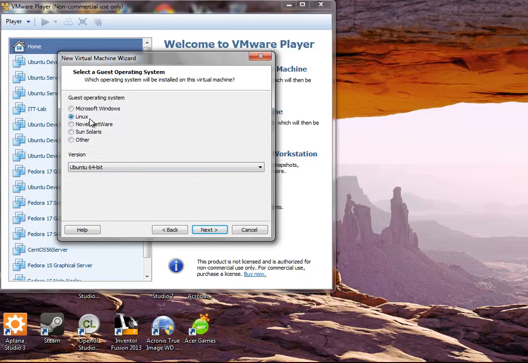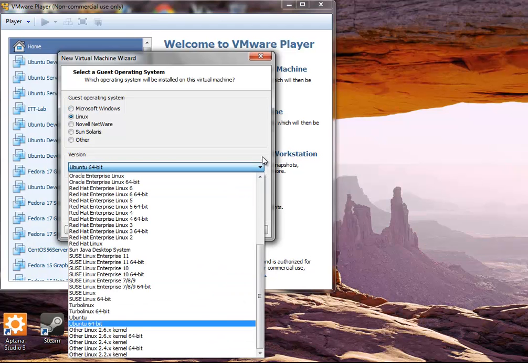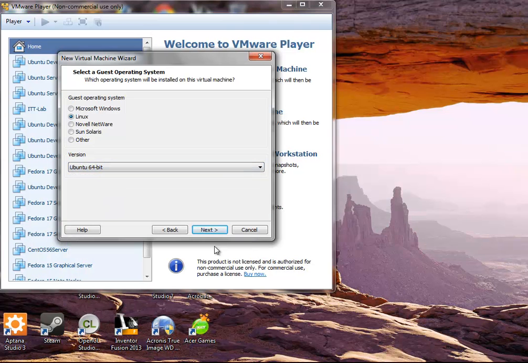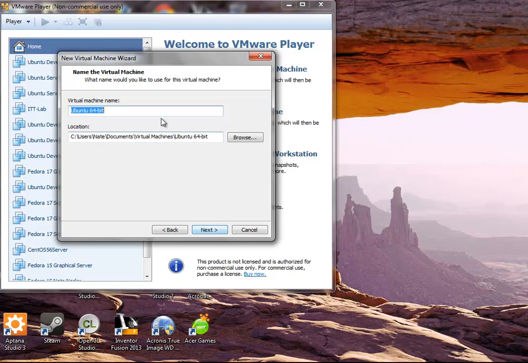So it detected it. It's going to be Linux, Ubuntu, 64-bit, or it didn't detect it, and that's just what I did last time. Anyways, Linux, and then you're going to come through here, find Ubuntu 64-bit right here, and select that. Next, I'm going to call this Ubuntu 12.04 64-bit